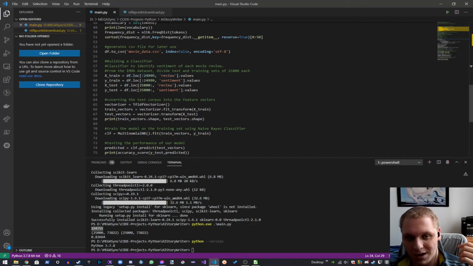So for the IMDB data set, we can divide them into testing and training data. So we have one for positive and one for negative. So one for the review for training and one for the sentiment for training, which is roughly 25,000 items. Same goes over here, but they are used for testing. So we're using them for a comparison, basically. And here is where we turn them into vectors.